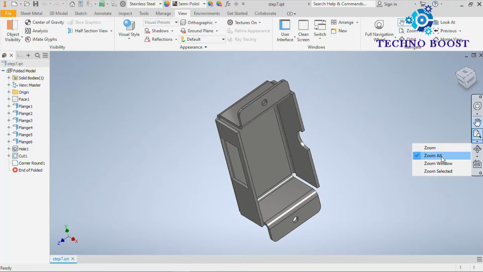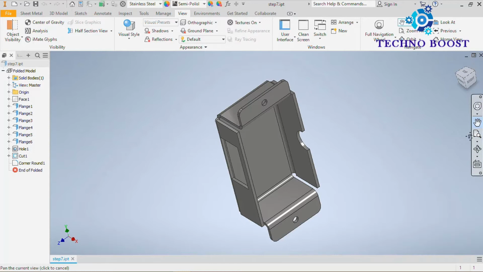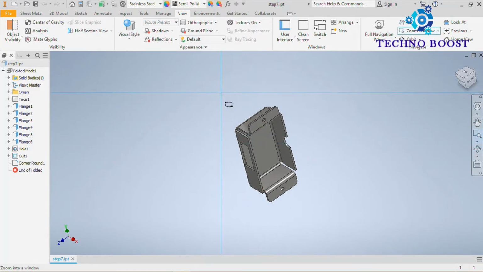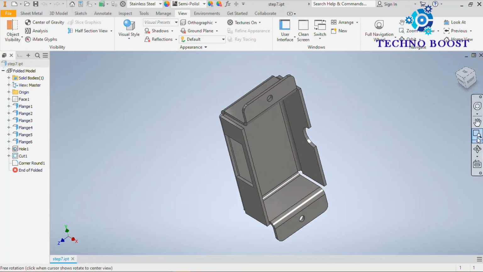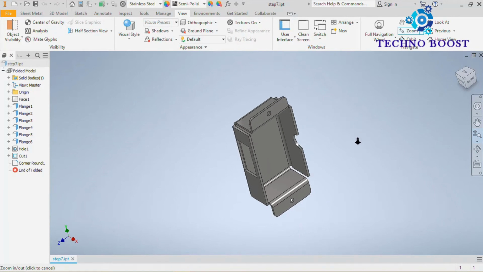Zoom all adjusts the view so that all items on the screen fit inside the graphics window. You can see. Zoom window uses the cursor to define a region for the view. The defined region is zoomed to fill the graphics window. Go up or down by pressing the left mouse key.